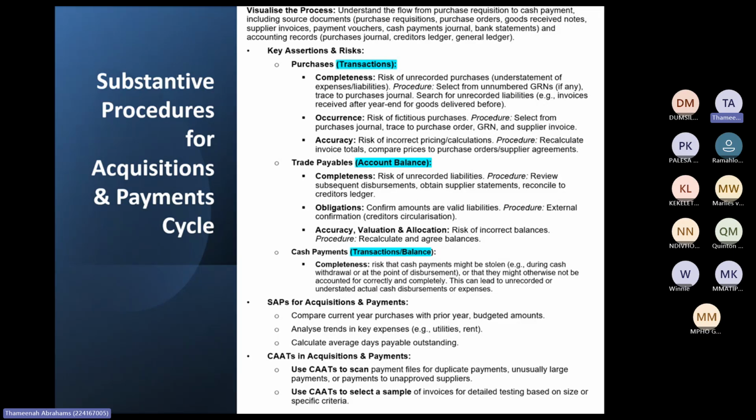And then once they are happy, what do they create? They create a goods received note. In the goods received note, they basically state what we received, the quantities, amounts, etc. One goods received note goes back to the supplier and one gets retained. Then that gets sent to the accounts department. The accounts department, of course, has to wait for the supplier invoice. When they receive the supplier invoice, what do they have to do now?